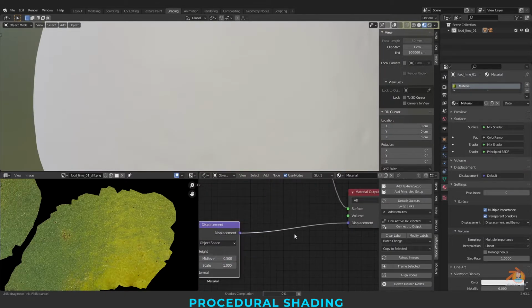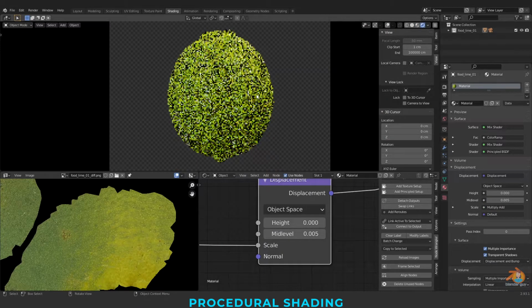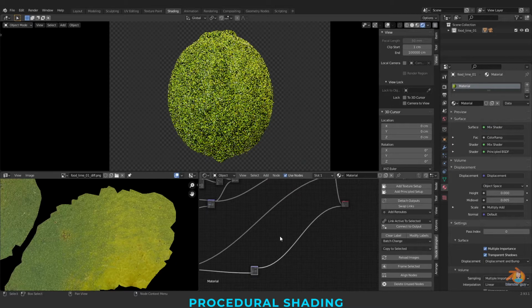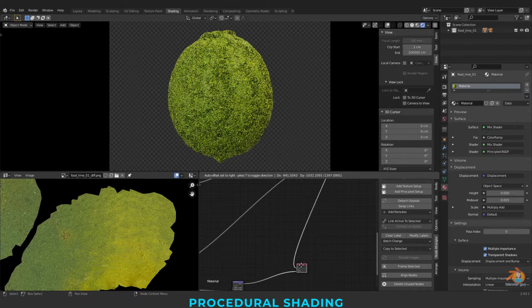Connecting this displacement. Let's check our displacement, only displacement, how does it works.